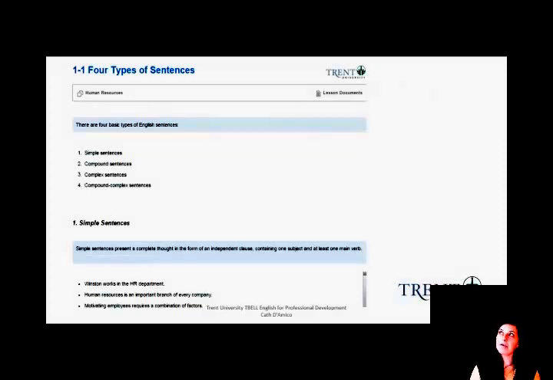Here we're looking at a more simple language skill or component, and that is the development of a simple sentence.